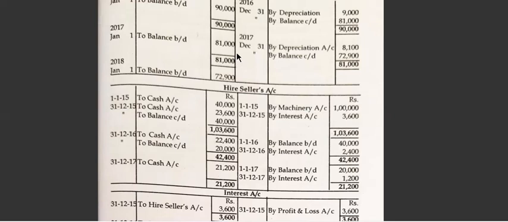So all the 3 accounts you have to open together and transfer the entries. How many accounts? 3 accounts you have to open together and transfer the entry. It will be easy for you for transferring the entries, and also easy to remember the entries. First year 2 entries, then remaining years 4 entries. Now in the books of